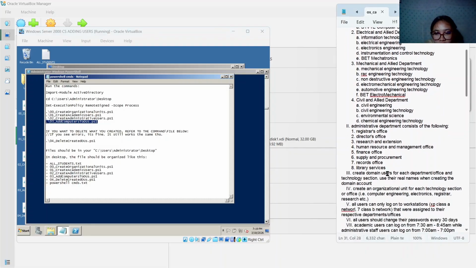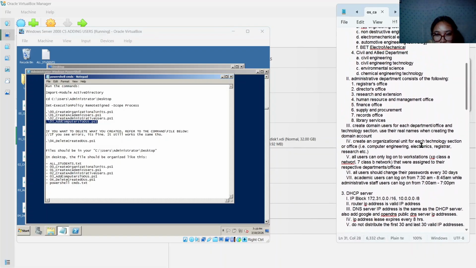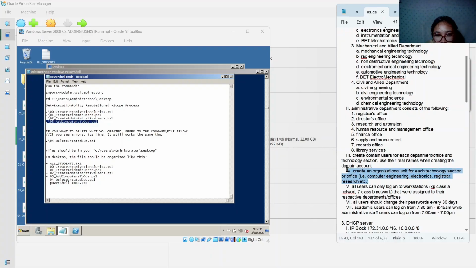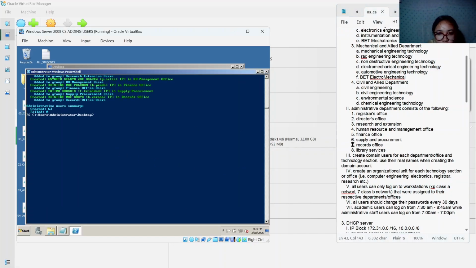as you see here below, we have created an organizational unit and we created domain users. Here, if you can see, they can log on to workstations. So we're adding computer workstations. So let's say Basad, it has a computer Basad XP and Basad Windows 7. So let's do that.